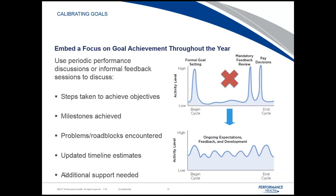Another thing to consider are goal due dates. Many leaders may use 12/31 as the due date for every goal. A good practice is to embed a focus on goal achievement throughout the year. Have different due dates and/or milestones at different points. And a best practice is to focus on having ongoing feedback discussions throughout the year instead of only reviewing progress